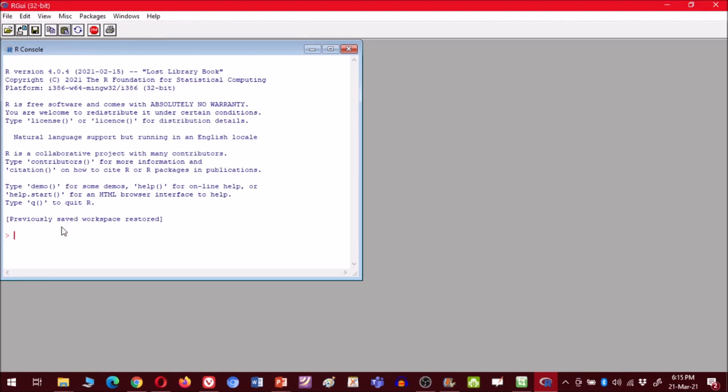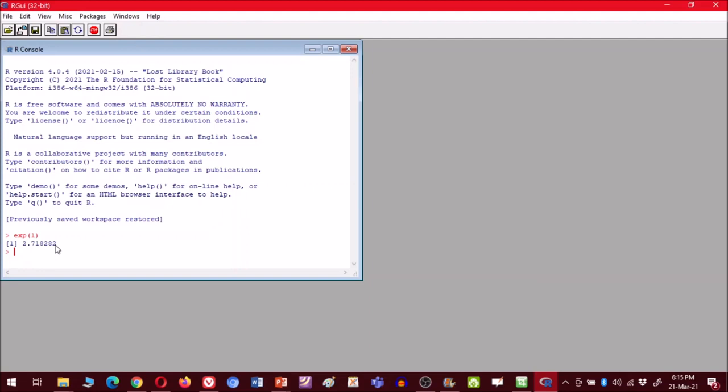Now you need to enter one value. So let us type exponential 1 and click enter. Since it is giving the right value, which is 2.718282, that means R is properly installed in our system. So now we can go to install R Studio.